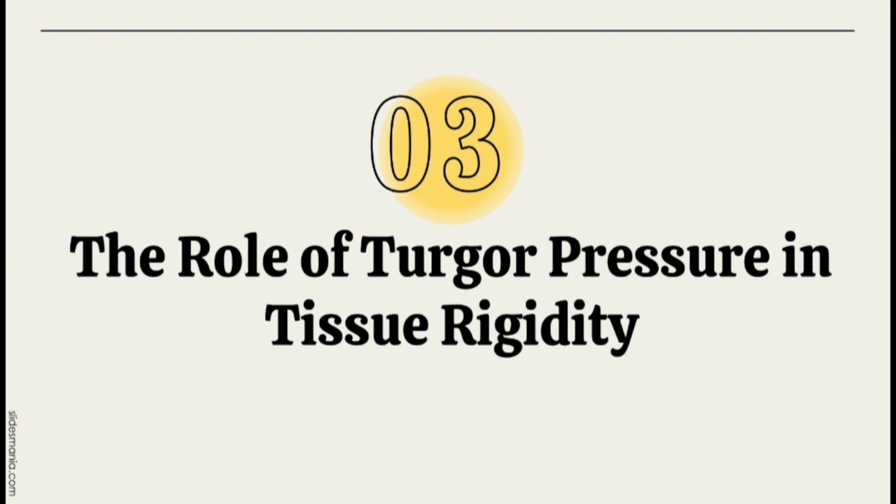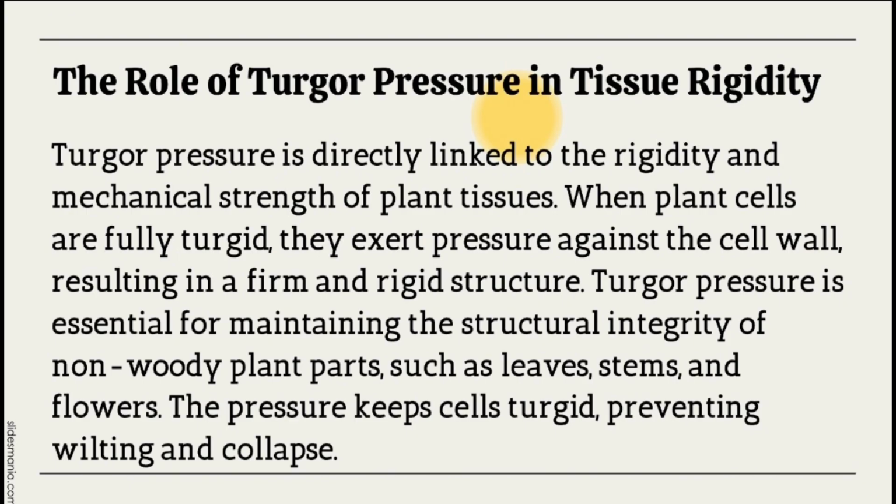So next is the role of turgor pressure in tissue rigidity. Turgor pressure is directly linked to the rigidity and mechanical strength of plant tissues. When plant cells are fully turgid, they exert pressure against the cell wall, resulting in a firm and rigid structure. Turgor pressure is essential for maintaining the structural integrity of non-woody plant parts, such as leaves, stems, and flowers. The pressure keeps cells turgid,